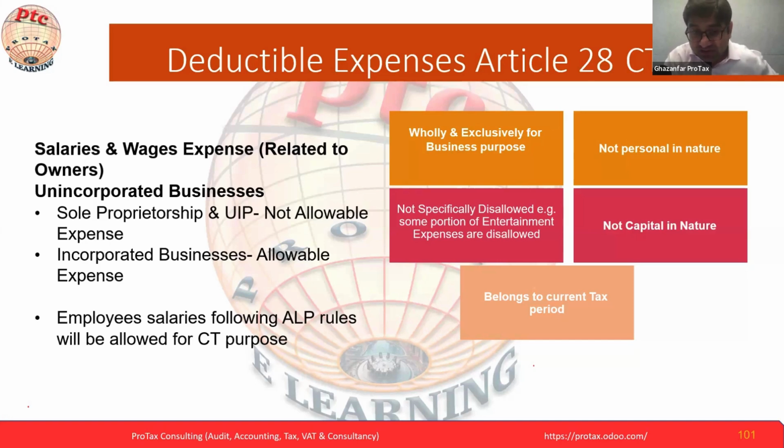One of the questions today, somebody asked about subsidiary. If your subsidiary is 50% or more, it will fall under the connected person definition. Then you have to consider all the transactions under the ALP rule, arm's length pricing. What are the transactions you are doing? Now the connected person definition: how do we understand who the connected persons are?